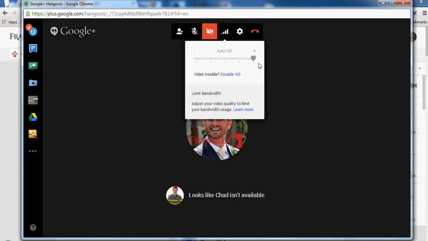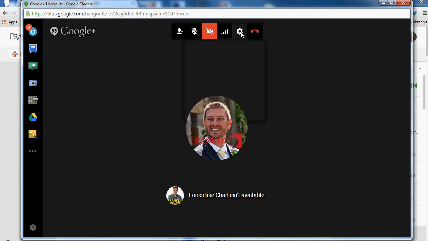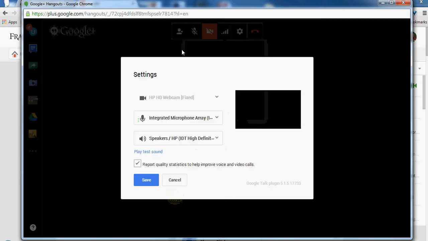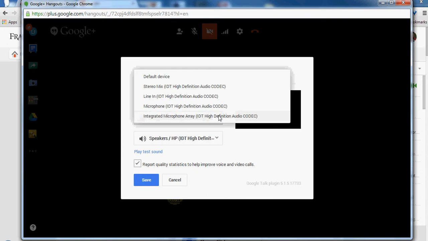If you're plugged in and you're hardwired, you can leave it all the way up. But if you're using a wireless connection, that may not be the greatest. You can turn down your video just a little bit. Other settings, if you're having microphone and or speaker issues, is the place where you would fix that. So go ahead and click on the gearbox and choose from the list